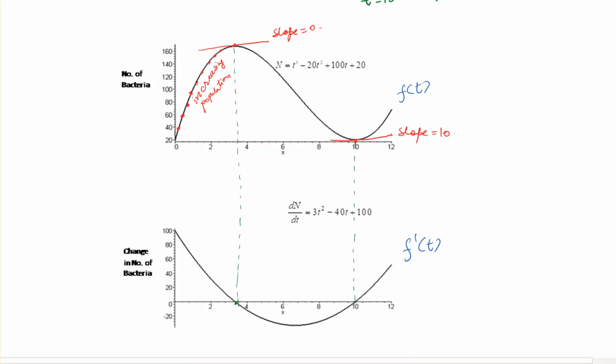And if we talk about the slope, near 0 this curve is the most steep. So if you have a tangent at this point, it's going to have the maximum slope here. As we go along the curve, if we draw a tangent here,